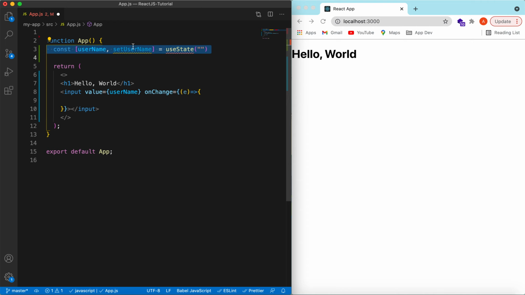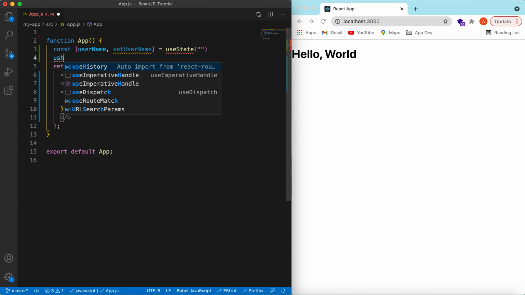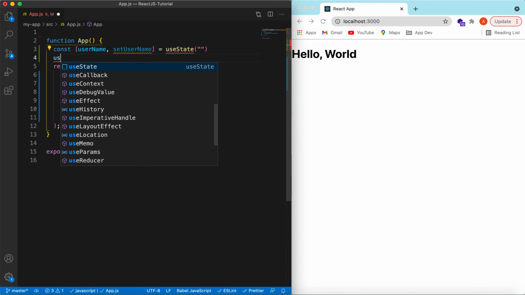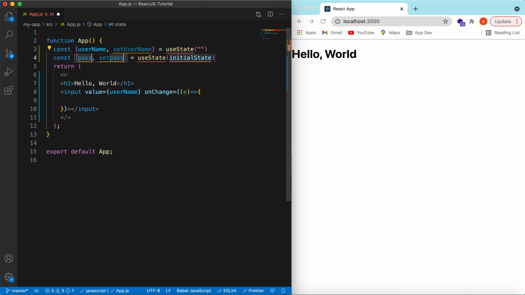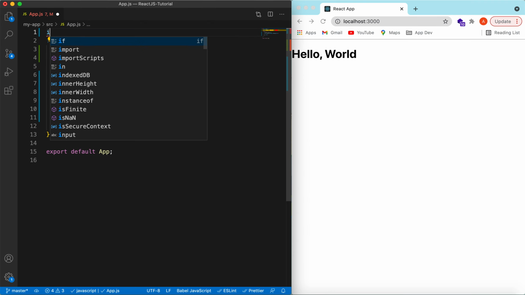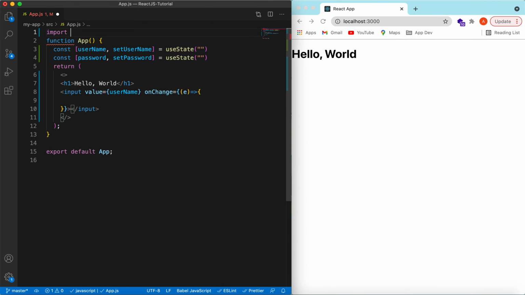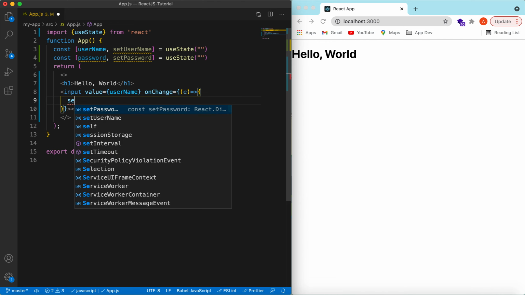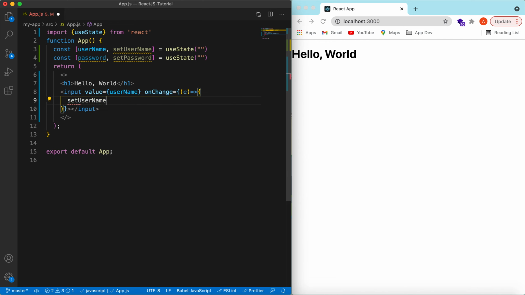Now, let's use the boilerplate. useState, we call it password, and the initial value is again empty, and let's import useState from React. Okay, so it's username, and on change let's set username to be e.target.value,